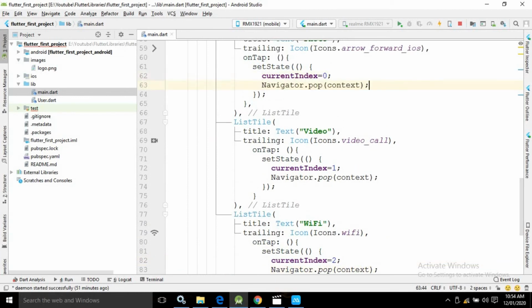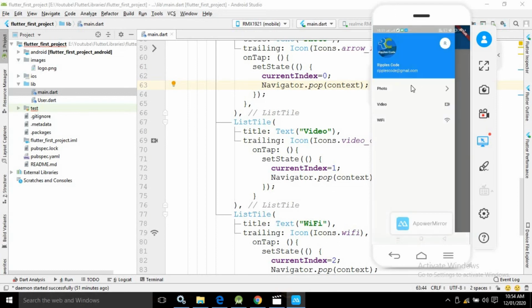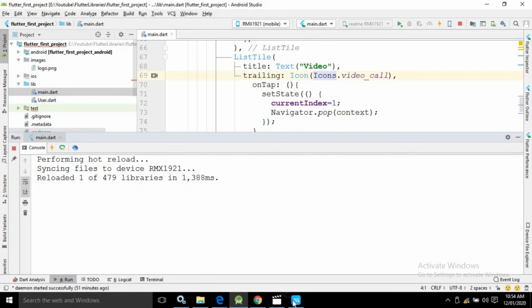So I have copied this navigator.pop in all the 3 list tile items, because whenever I click the list tile items, I need to close this navigation drawer, and to close that I have used navigator.pop, right? Now let me open this run command, and let me save this.